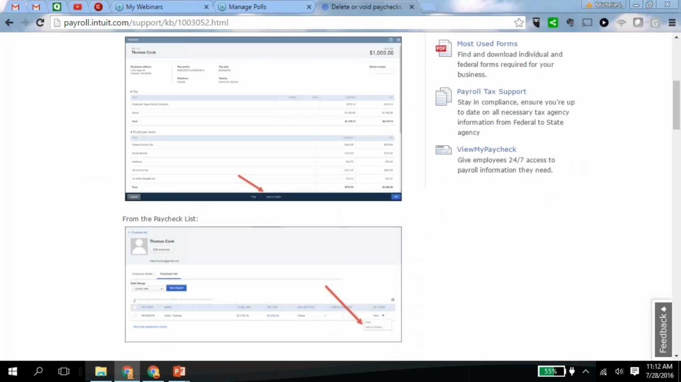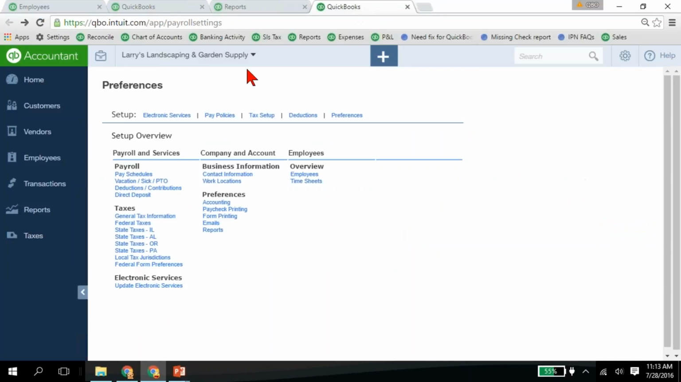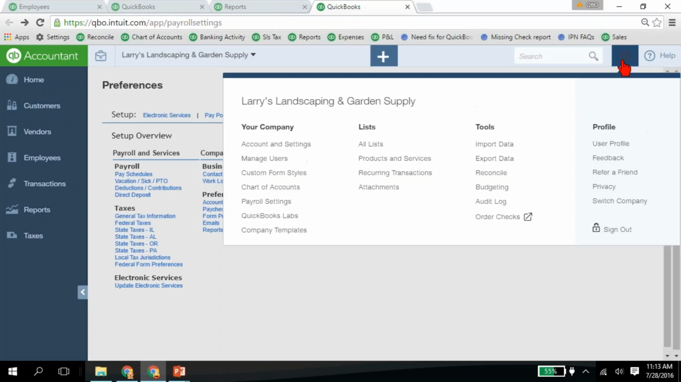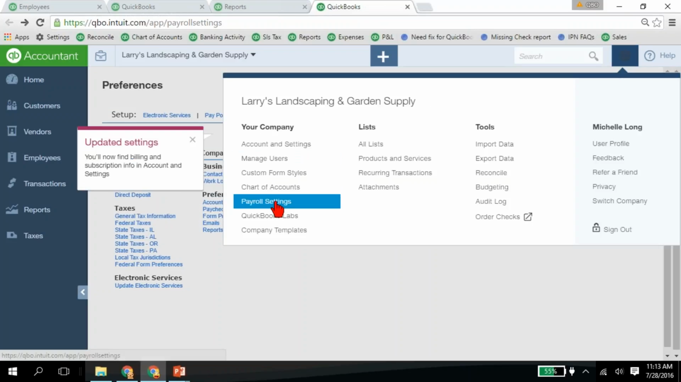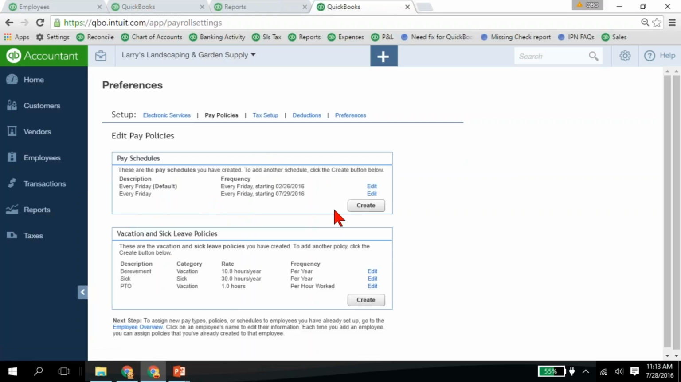So under your pay schedules, let's see, I keep going into the wrong one. Under your pay schedule, you're going to go under the gear. You're going to click on that big gear and payroll settings to get into the payroll settings. Once you are in the pay settings, here's where you'll find pay schedules. You'll come into the pay schedules and edit the name of one of them to rename it something like delete